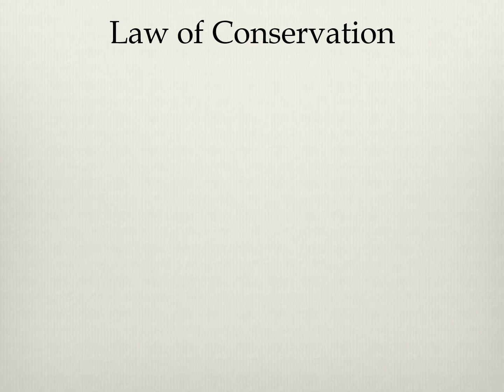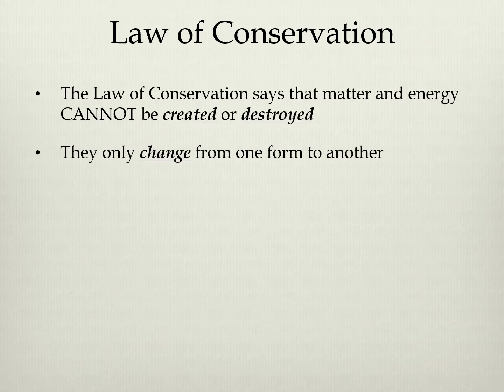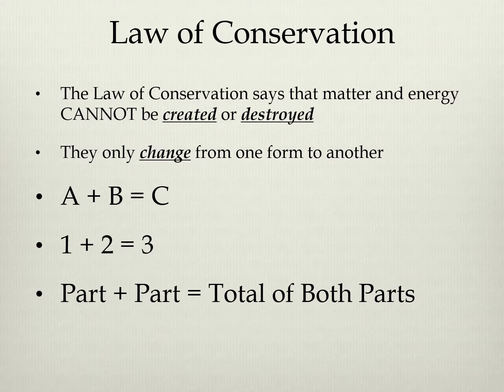There's this rule called the law of conservation that says matter and energy can't be created or destroyed. As we saw during balancing, pieces can only be moved around and rearranged, not appear or disappear out of nowhere. And as we saw way back when we learned about heat, things can only get hotter because they absorb energy from somewhere else, not that energy just pops out of nowhere out of thin air. So A plus B equals C, 1 plus 2 equals 3, part plus part equals total of both parts. 1 plus 2 equals 3, not 1 plus 2 equals 4 or 5, or as we saw during balancing,